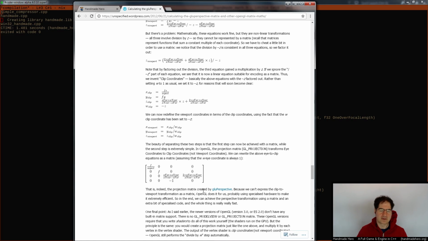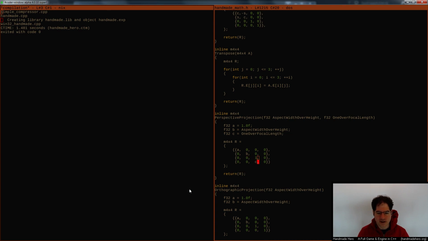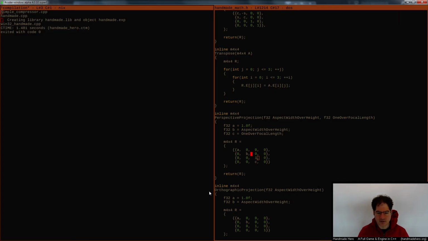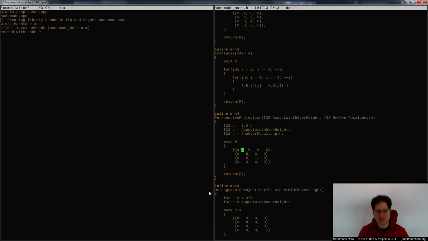We can't just make something that we know will produce the correct XY values at the end. It's not that simple. All right. So that's easy enough for us to do, so maybe we should just do that. We've got 1 over focal length here. Really all we have to do is put the focal length up here. And so you can kind of see the way that's happening, right? We've got our terms. All we would have to do is multiply by that. And instead of 1 over focal length, we'd just pass in focal length, right? That's all that we would actually have to do to make that substantive change. I don't think that's a particularly interesting change necessarily,